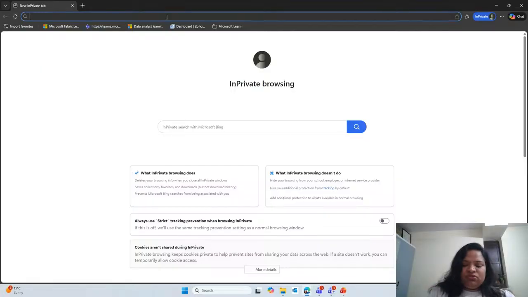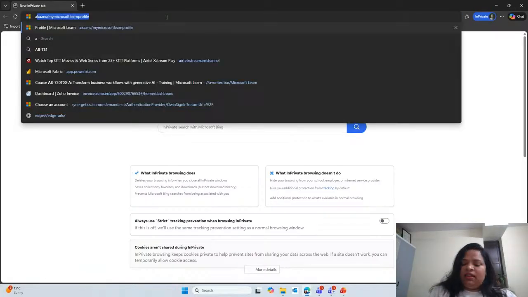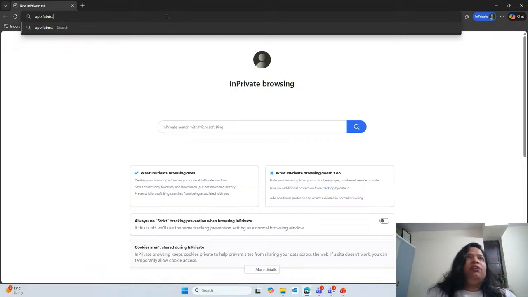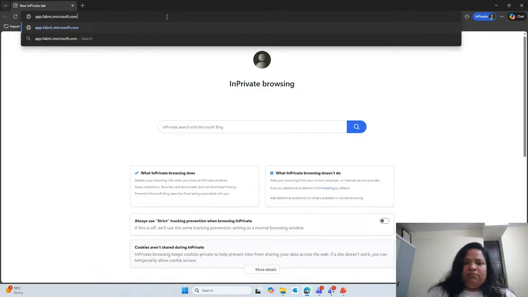To work with Microsoft Fabric, the URL is app.fabric.microsoft.com.